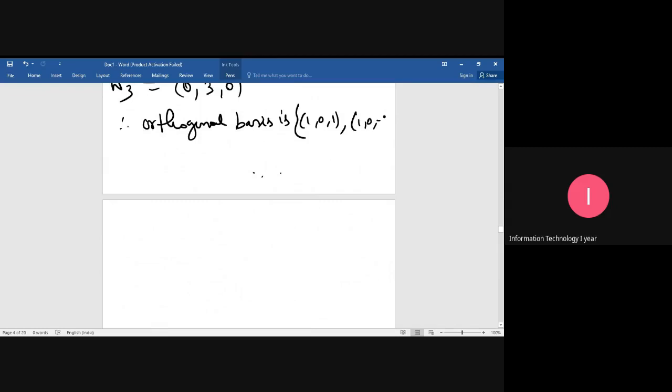1, 0, minus 1. That is W2. Then W3 is 0, 3, 0. So this is actually an orthogonal basis: 1, 0, 1; 1, 0, minus 1; 0, 3, 0. This is an orthogonal basis, but we need an orthonormal basis. So therefore